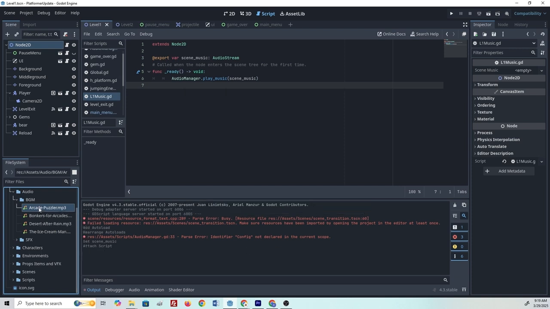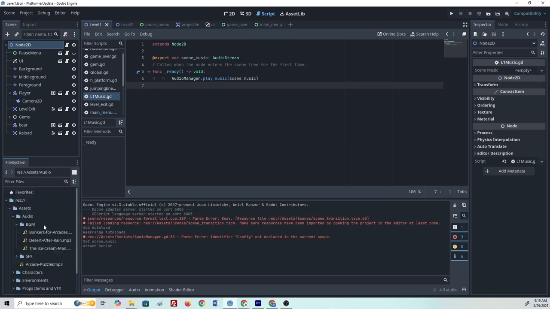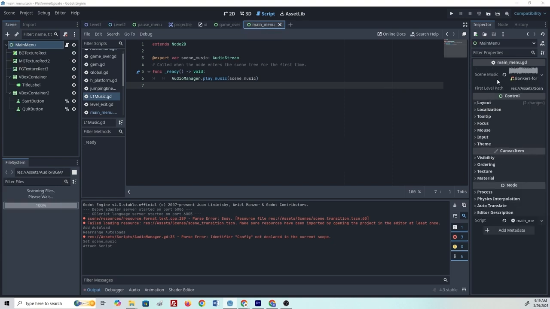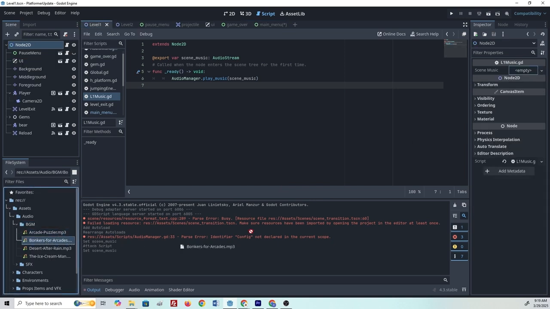Yeah, that's fine. You know what? No, I'm gonna switch it up. Whoops, I don't know what I just did. Did I just move it somewhere? I sure did. Whoops. Let's put that back. So I'm actually gonna make this one for the main menu, that arcade, and then this bonkers for arcades